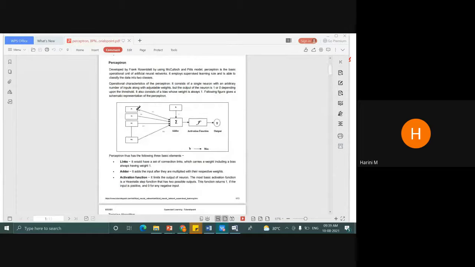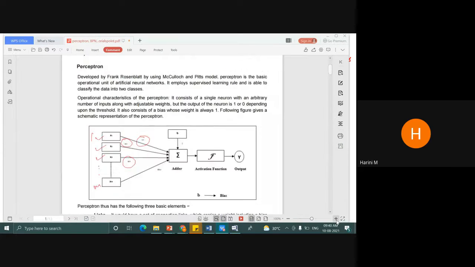Now look at this. These are your input values x1, x2, x3. You can have any number of input values up to m. So this is 1 to m. Okay, and you have the respective weights here, w1, w2, and everything. I'll just zoom in. Much clearer. So I have the weights, along with it I have this constant value bias.